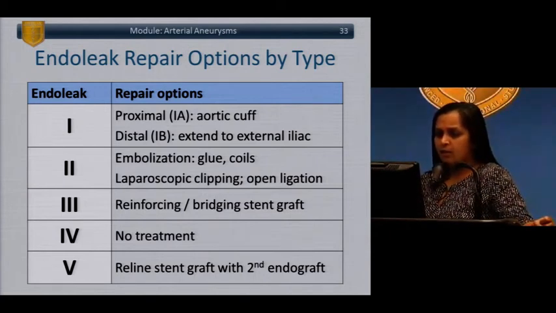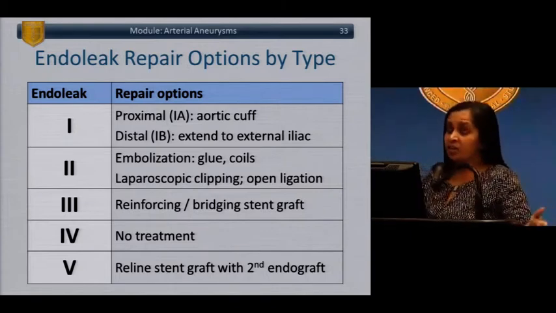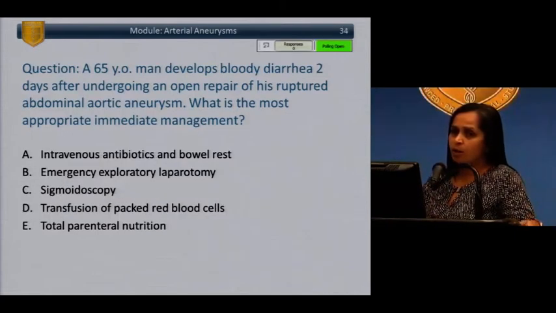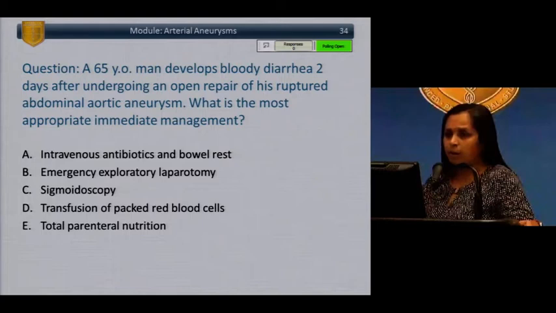And I think that's really it. The type 5 endoleaks, again, are difficult to treat because you can't really define where that pressure is coming from. Often we'll try to reline the graft before we embark on some big open repair where we have to explant